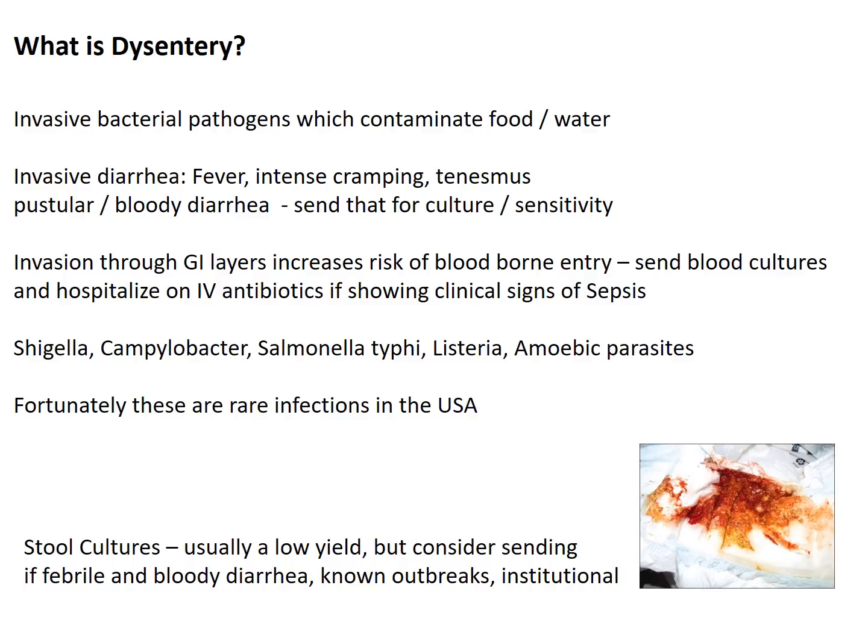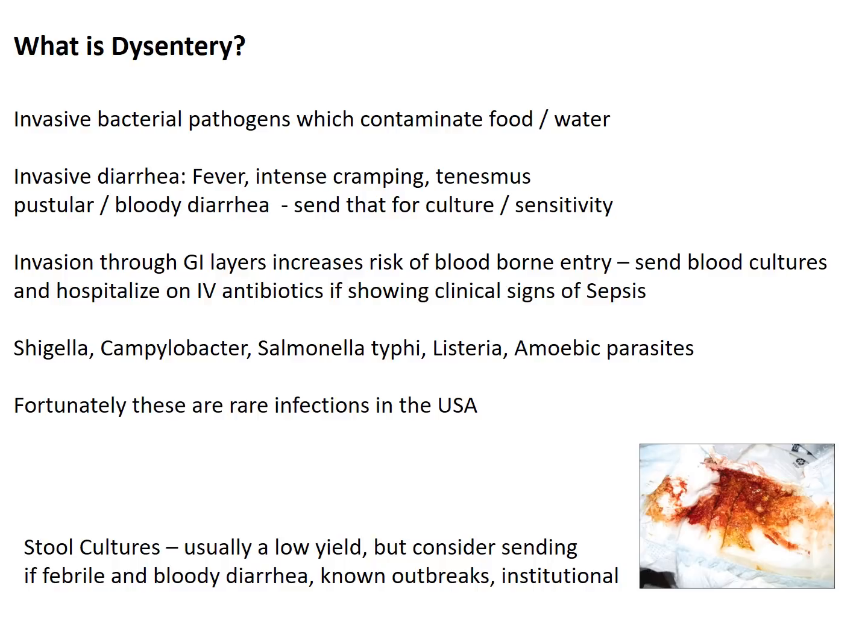And then dysentery, another form of invasive diarrhea. These are the pathogens which can also contaminate food and water, but in addition to colonizing the small bowel, will actually invade through the small bowel, get access into the deeper GI lumen tissue, and potentially access into blood, leading to sepsis. These individuals typically have fever, intense abdominal cramping, pustular bloody diarrhea,